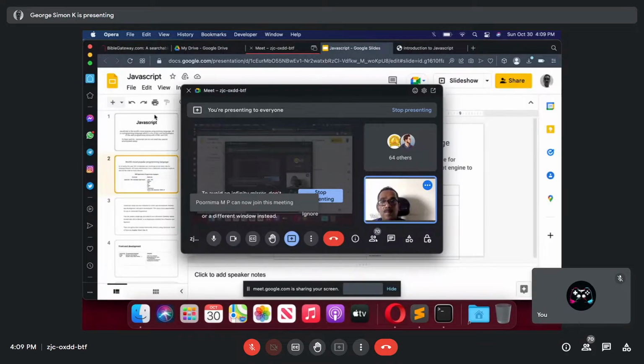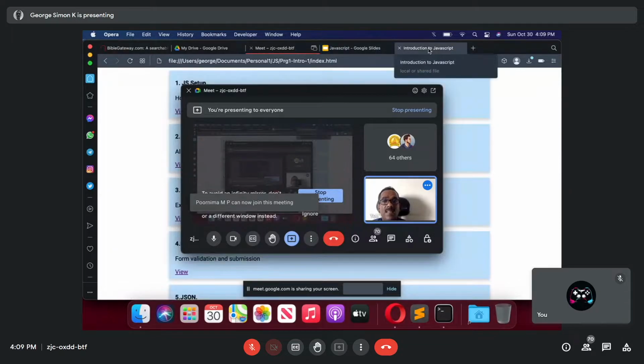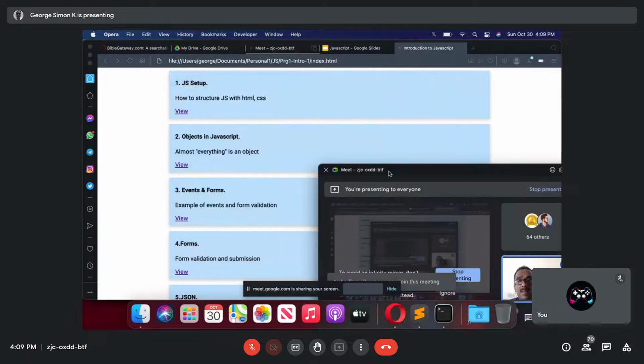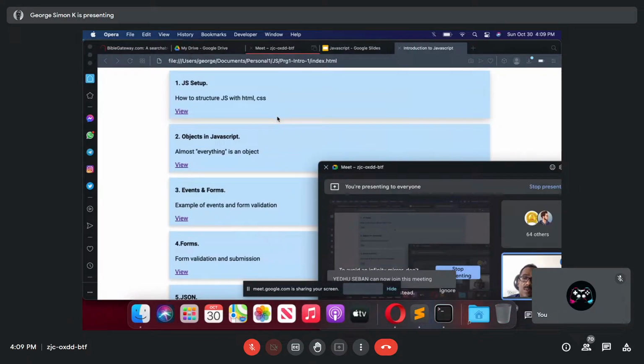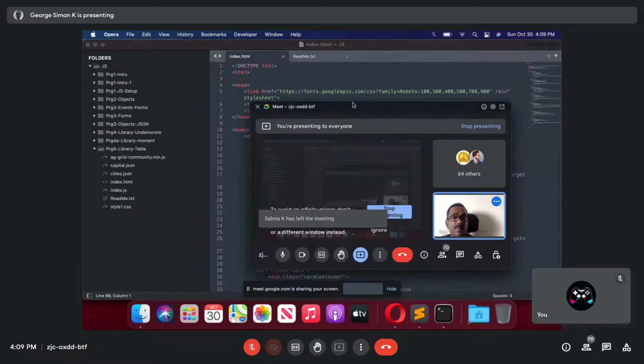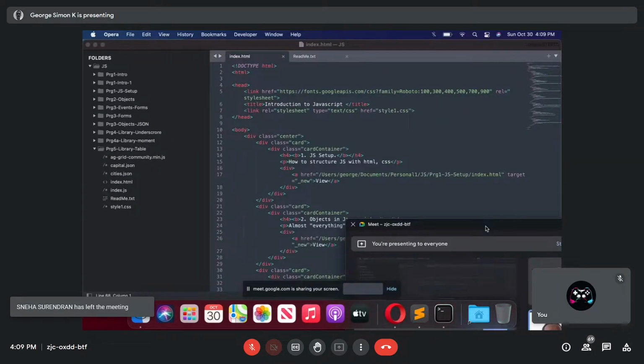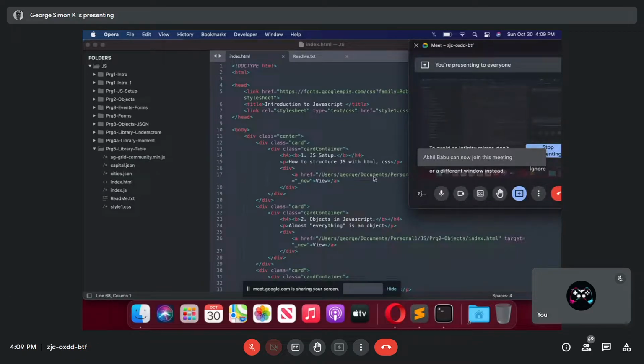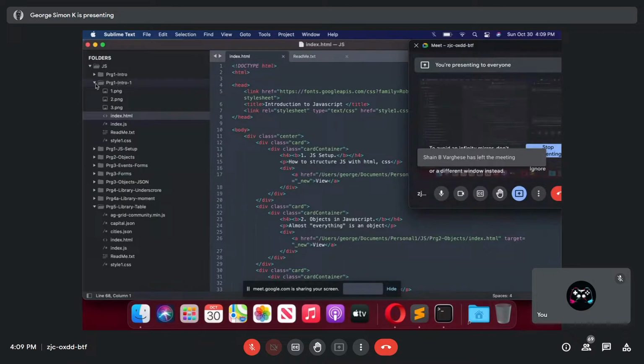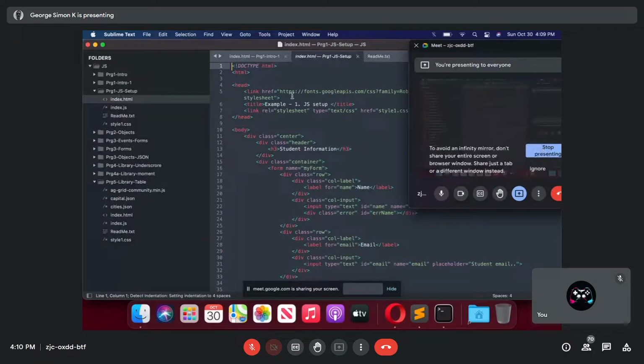Now, let me go to a few examples. The first example here is showing how to structure a JavaScript program. A JavaScript program, usually we write it inside an HTML file.